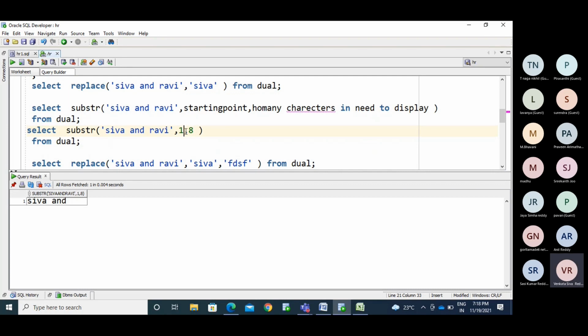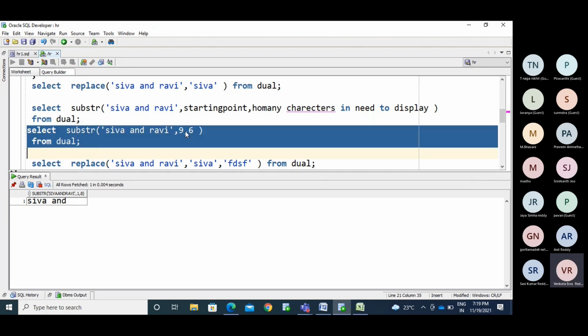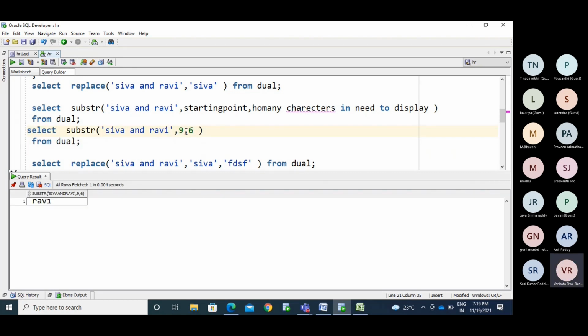If I mention from 6, Ravi, 78. If you mention from the 9th position and you only have a maximum of 10 or 15 characters, it displays the values up to whatever we have.